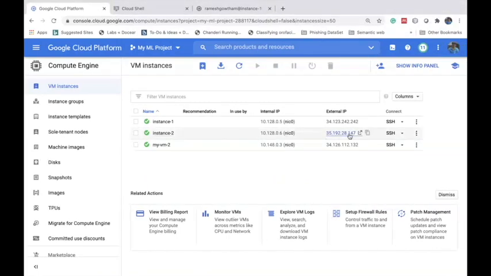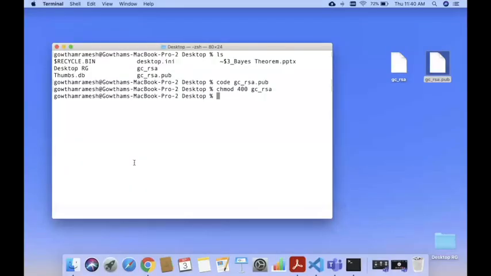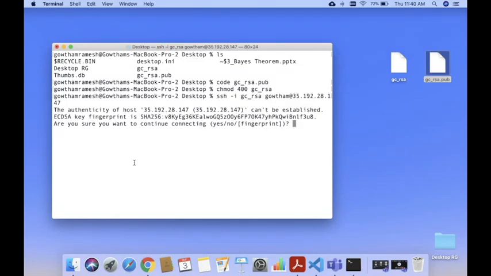Come back and replace the placeholder in this command with the external IP, and copy the entire command. Go back to your terminal prompt, paste the entire thing, and press enter. It asks, are you sure you want to connect? I say yes.